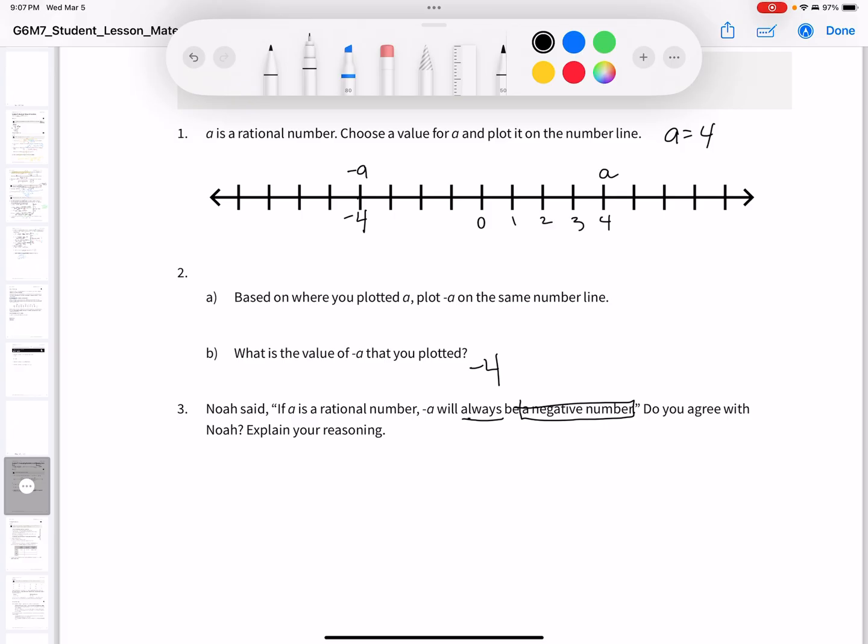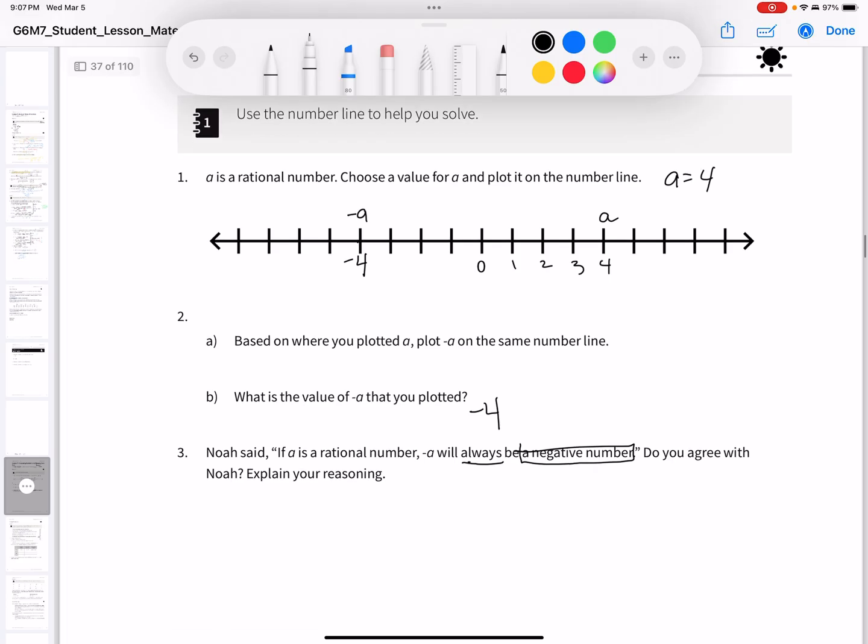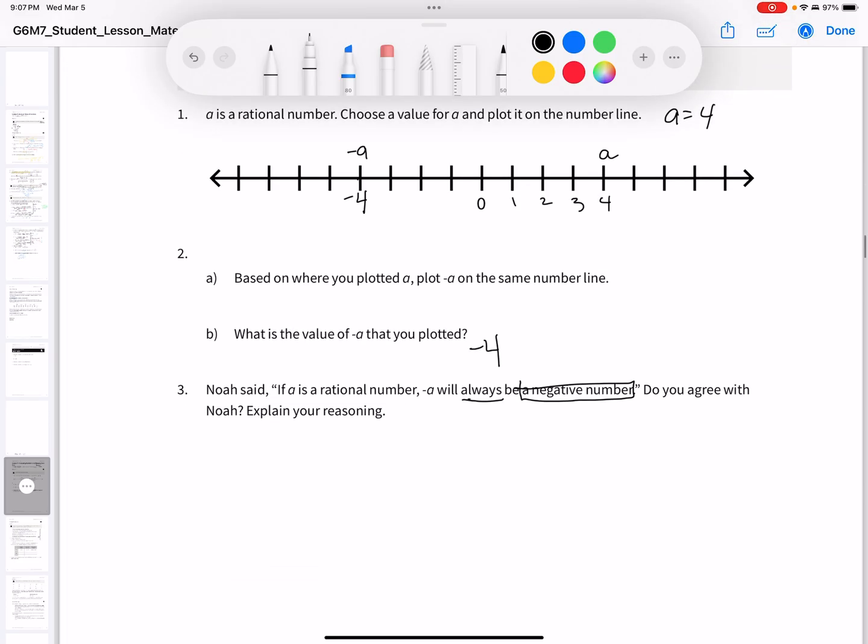Explain your reasoning. Well, a rational number could be positive or negative. So in this case, with A equaling 4, then negative A is negative 4. So I would say, yes, that's true. However, we could have said A equals negative 6. So if A equals negative 6, then negative A would equal a negative 6. And I know that sounds weird, a negative and a negative, but